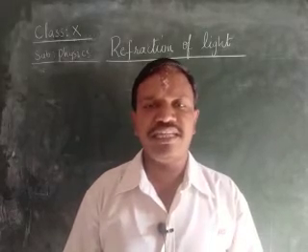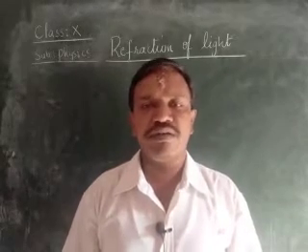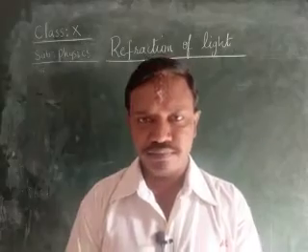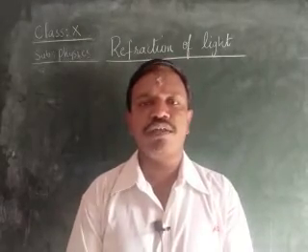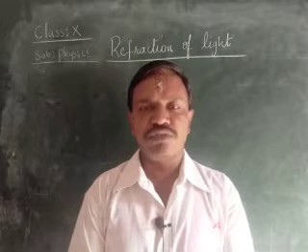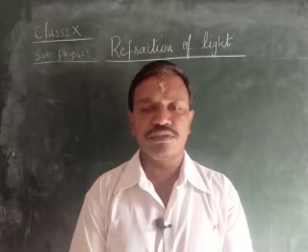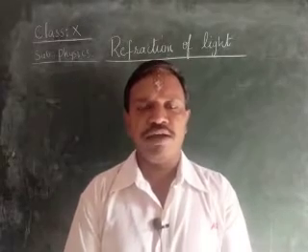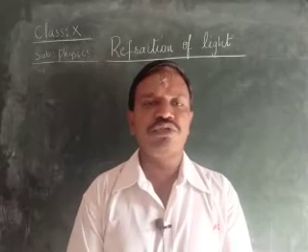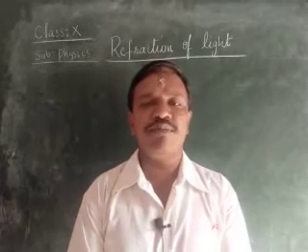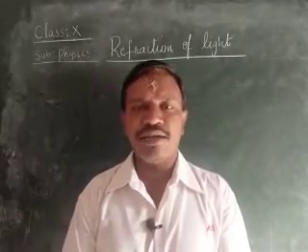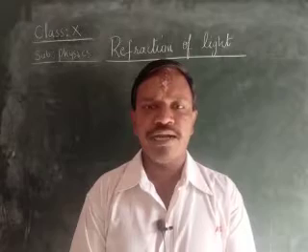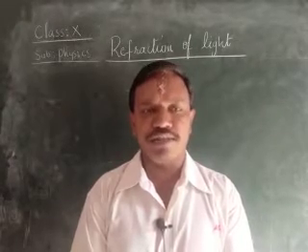What is that activity? Normally we know how to find the focal length of a lens, children. To find the focal length of a lens, we should know the object distance as well as the image distance here. Therefore, by using the lens formula, that is 1 by f is equal to 1 by v minus 1 by u, we are able to find the focal length.